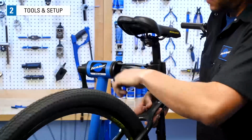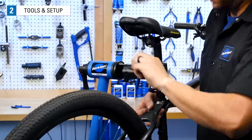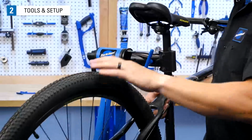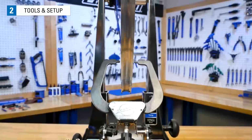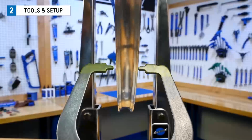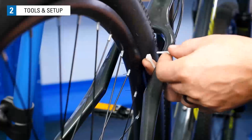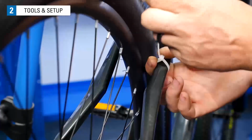If you don't have a truing stand, you can use the bike to hold the wheel. The bike should be in a position so the wheel can spin freely. We need a stationary indicator that will help find lateral deviations. A truing stand has built-in indicator fingers that can be adjusted in and out from the rim to help us easily identify these deviations. If you are truing in the bike, you can make an indicator by attaching something to